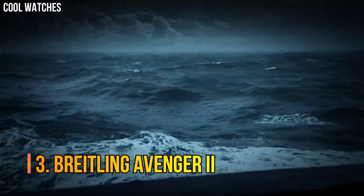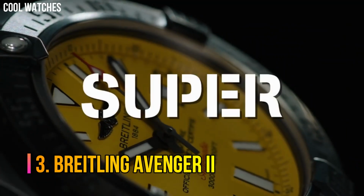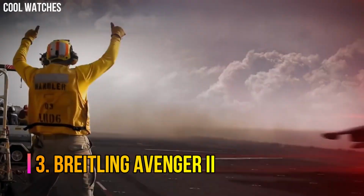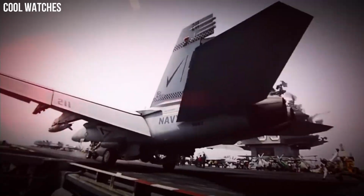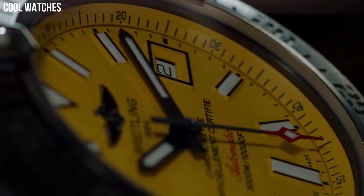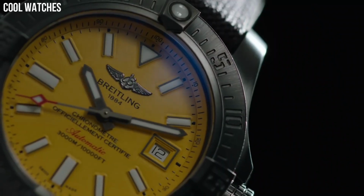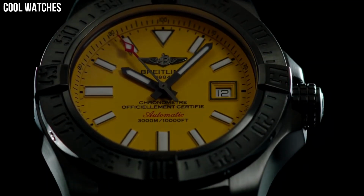Number 3. Breitling Avenger 2. The professional Avenger 2 Seawolf Super Diver model teams a powerful aesthetic with exceptional performance. The case, water-resistant to the impressive depth of 3,000 meters, is equipped with a unidirectional rotating bezel, a screw-lock crown